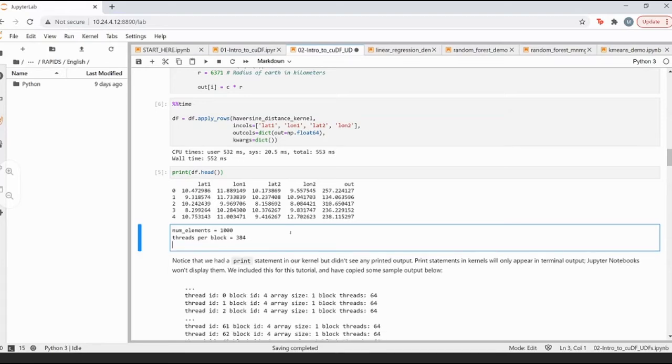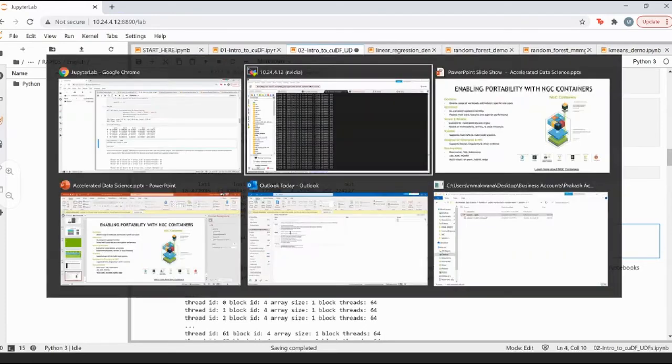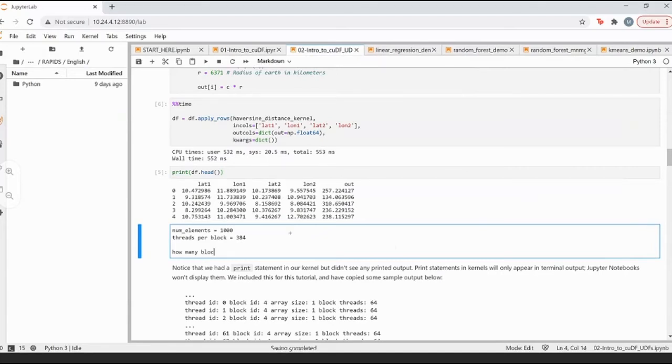The next question that I had was, how many block dims, or how many blocks do I have? And the answer to this is that in my first block, I had 384 rows getting processed.